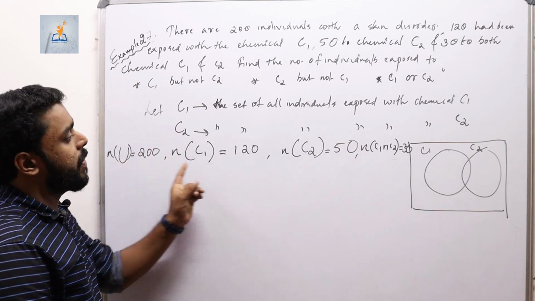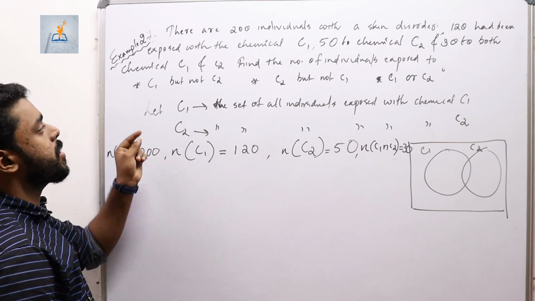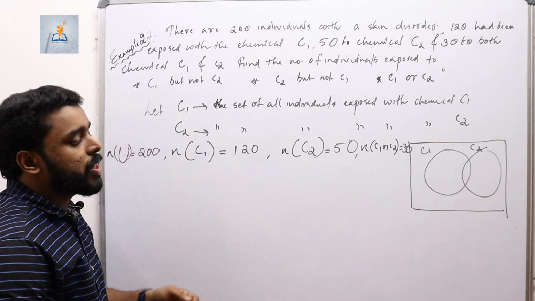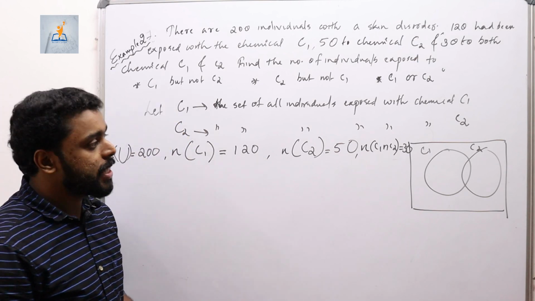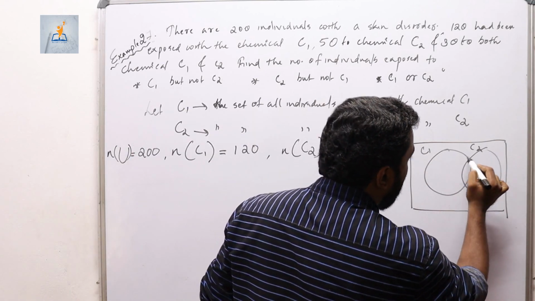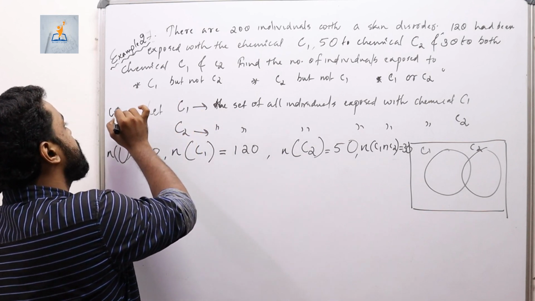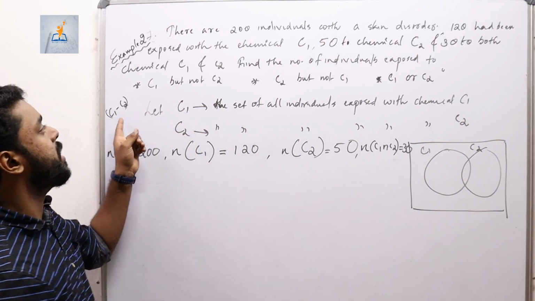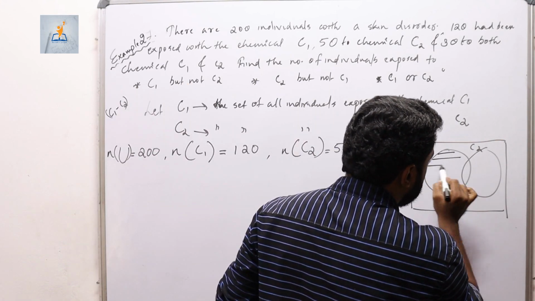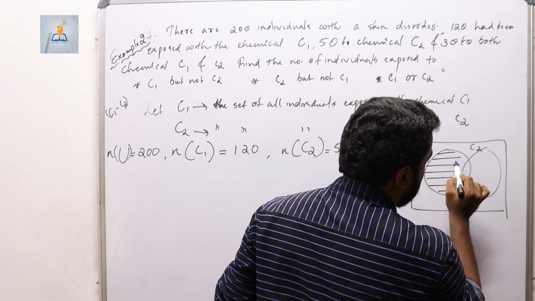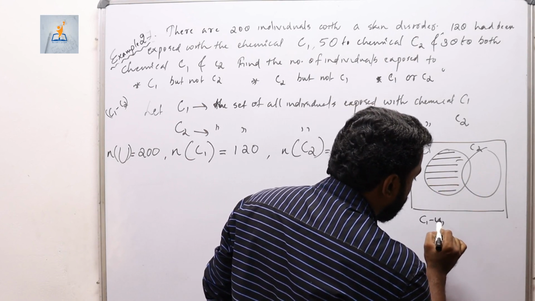So we obtained several given conditions from the question. Now we are asked for the number of individuals who are exposed to C1 but not C2. See, this is the event C1 and this is the event C2. C1 but not C2, actually what is that? C1 minus C2. So this is the set which denotes C1 but not C2. So C1 minus C2 is the area in the Venn diagram marked like this, and we know that C1 minus C2